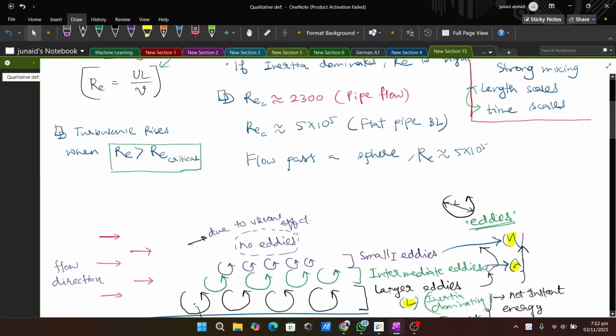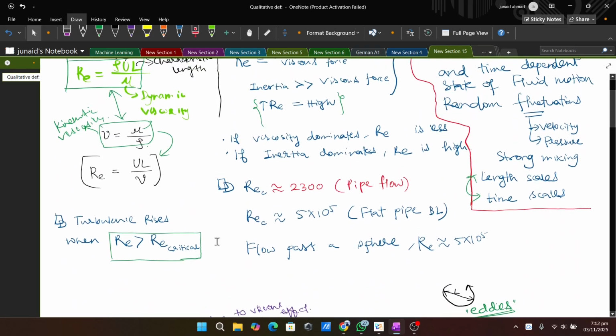Then we moved on, and we talked about the critical values. We saw that turbulence will arise when the value of the Reynolds number is greater than some critical value. So it will definitely depend on which case you are thinking about. If it is a pipe flow, Reynolds was doing the experiment on a lab-based pipe, so this is the critical value in case of a pipe flow.